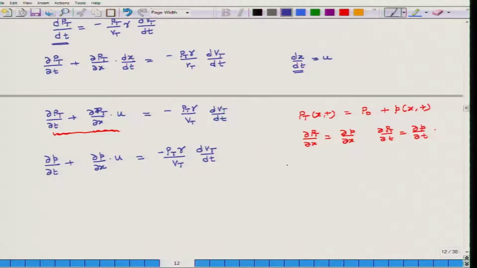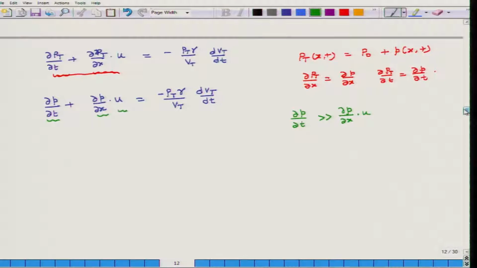Now, we realize that partial of p with respect to time is very large compared to partial of p with respect to x times u, for the simple reason that this is a product of two small entities, partial of p with respect to x and u, and this is just one small entity. So, if that is the case, then I can simplify this relation as del p over del t equals minus Pt gamma over Vt